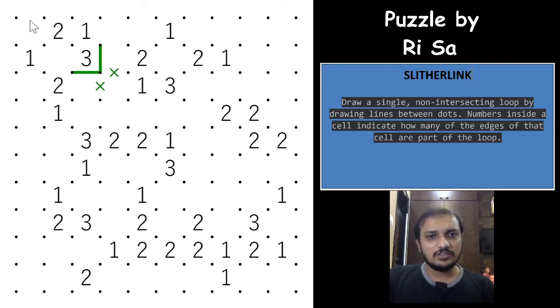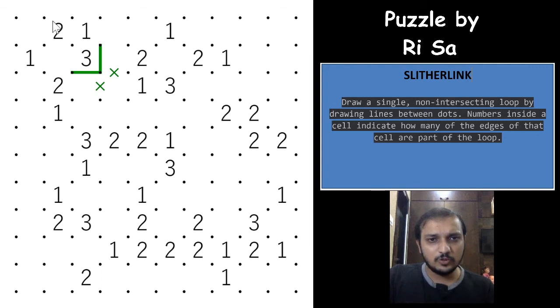So in other words, if I have a cross here, this 2 will never be fulfilled. It will either contradict the 3 or the 2 will always be contradicted, right? So it will never have the cross here. So it is also called a diagonal logic. Diagonal logic is very much important in a Slitherlink puzzle. So whatever be the case, one of these two will have to be a loop segment and one of these two will have to be a loop segment.